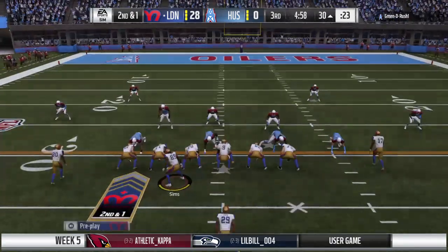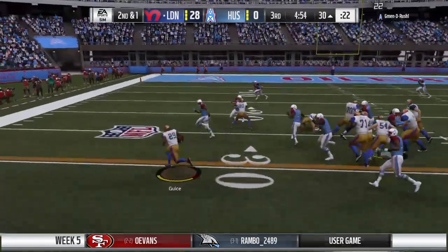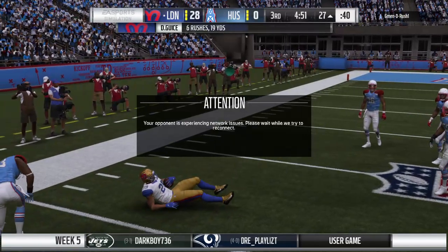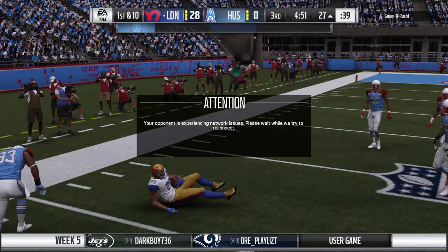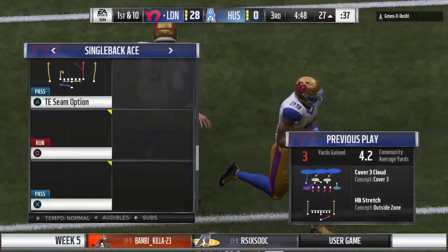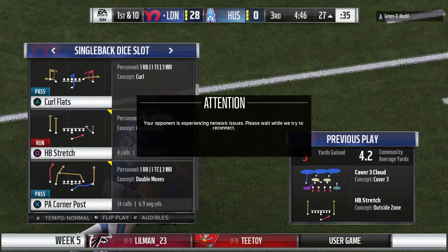Rush in, rush in, rush in. Geis with the carry on 2nd down. And he'll be brought down at the 27-yard line. Only 3 there on the pickup, but that's enough to move the chains. Tough first half for him, unable to put up the numbers he's used to producing. But with a guy like him, you and I both know it just takes a couple of